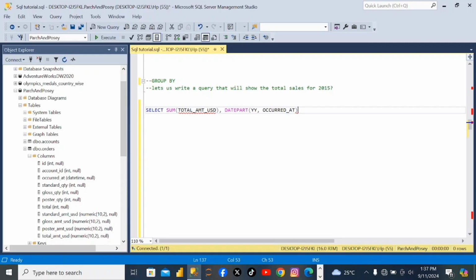And then once you're done with that, we have here our aggregate function that is summing up this total amount USD, the total sales made by the company, and we have this date part function that contains the year and the order date. Okay, so we can just rename this column as year. You can choose to write AS here as year. This AS is short for alias. So you are renaming this column, date part yy and order date, as year. You can do the same thing here and say total